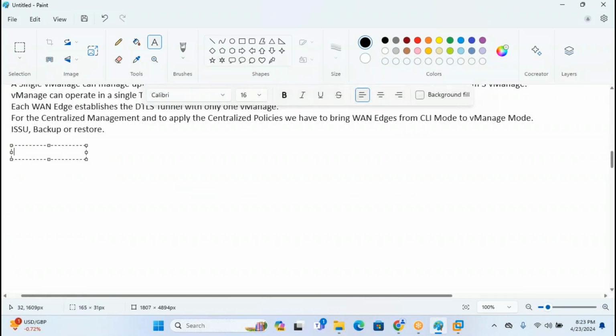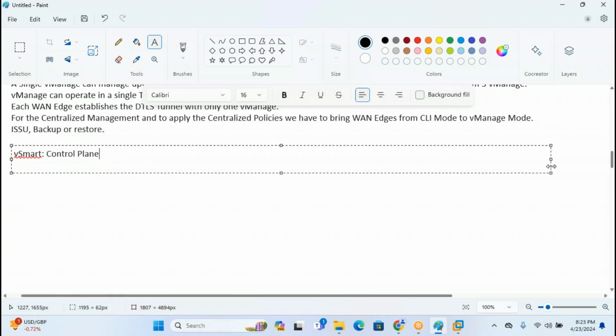Then we have vSmart. vSmart is the control plane controller of SD-WAN. It is the device used as the control plane controller or control plane appliance. But actually, Cisco developed an advanced routing protocol. Now Cisco calls EIGRP, BGP, OSPF the traditional or legacy routing protocols. So Cisco developed an advanced routing protocol,